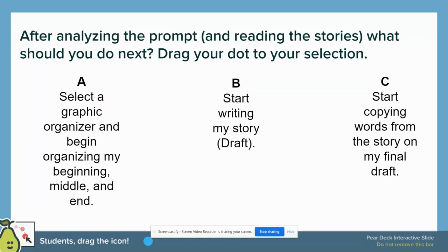After analyzing the prompt and reading the stories, what should you do next? What's the next step in the process? Is it A, select a graphic organizer and begin organizing my beginning, middle, and ends? Is it B, start writing my story? Or is it C, start copying words from the story on my final draft? What would you do next after annotating